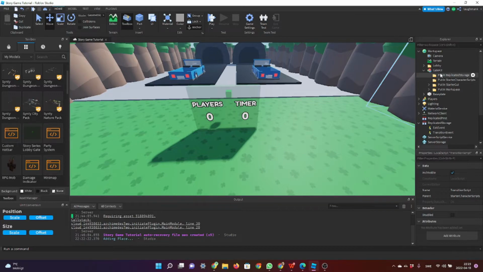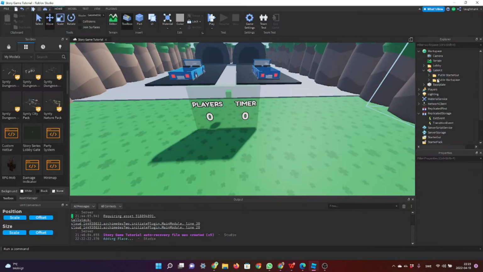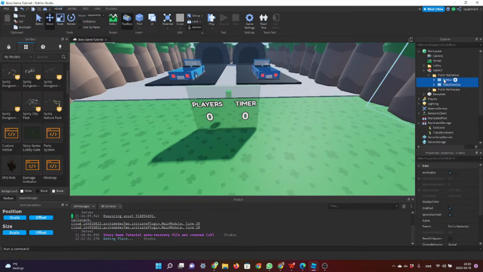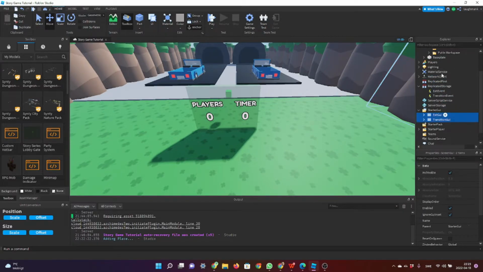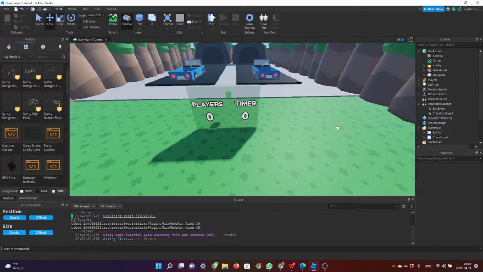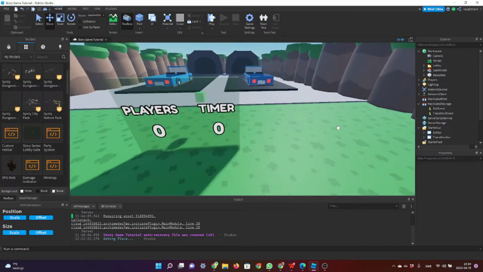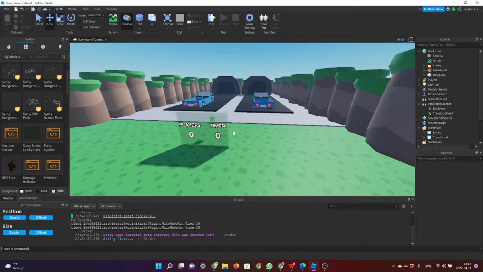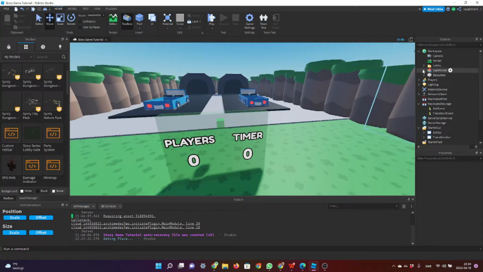So now we can just delete these empty folders, and we're gonna put this in starter GUI and this in workspace. Alright, and you can just remove this gate kit. So now we have this gate kit. So go inside this gate model and go inside the main script,